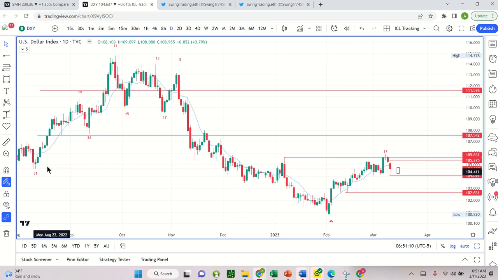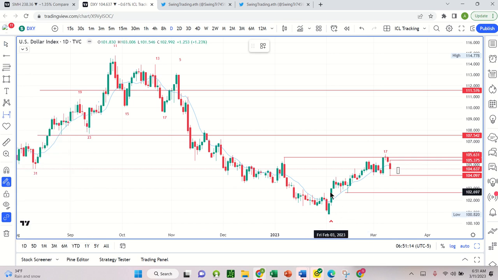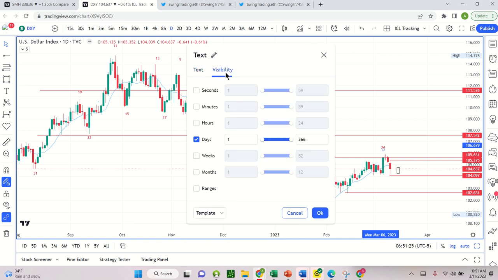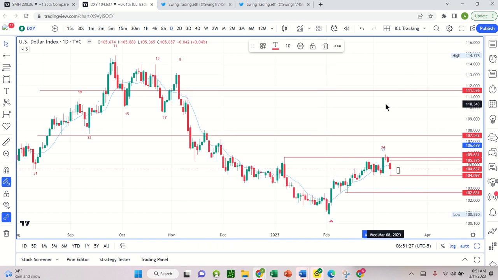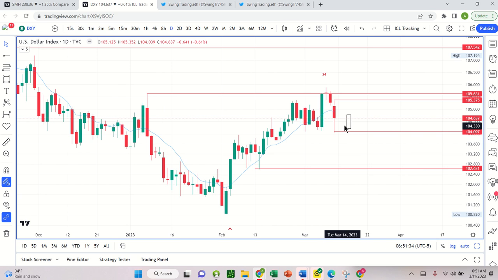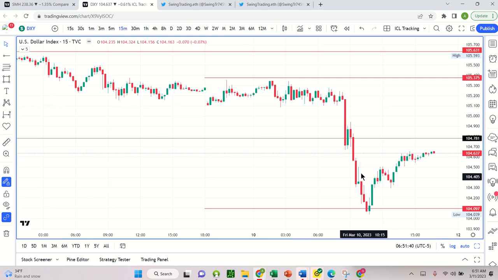And in this case, it wouldn't be day 17. How long a cycle would that be? So that would be 24. Now, obviously, it would be a really short daily cycle decline if that were the case. But we'll continue to watch this. And as I say oftentimes, the cycle counts are a little bit less important than understanding the price action. And we'll look at the lower time frames, but this was a big rebound for the dollar after a collapse early. And let's look at that lower time frame, that hourly chart.